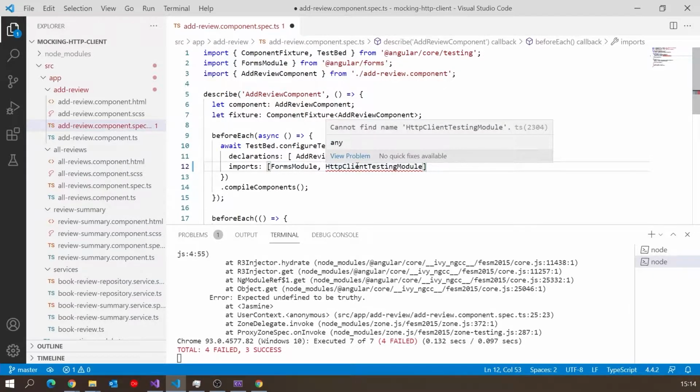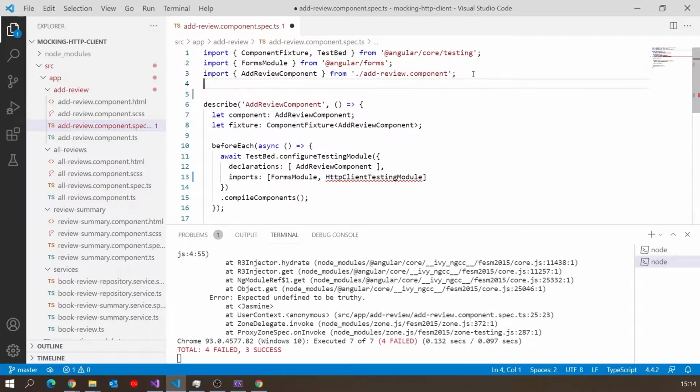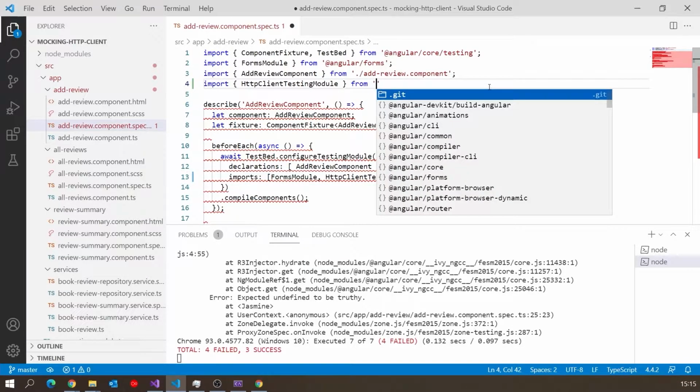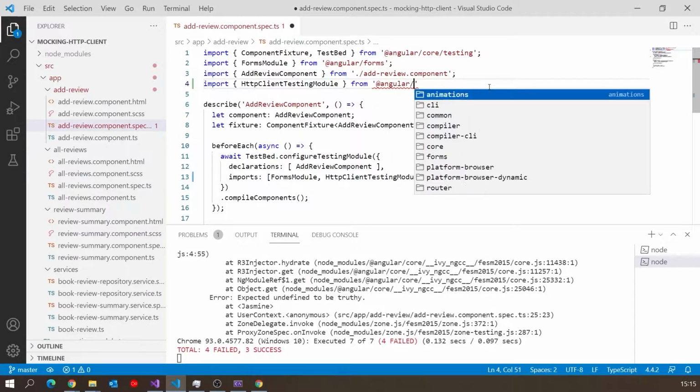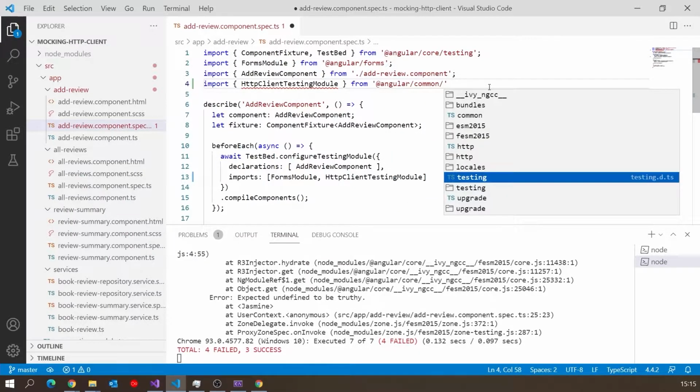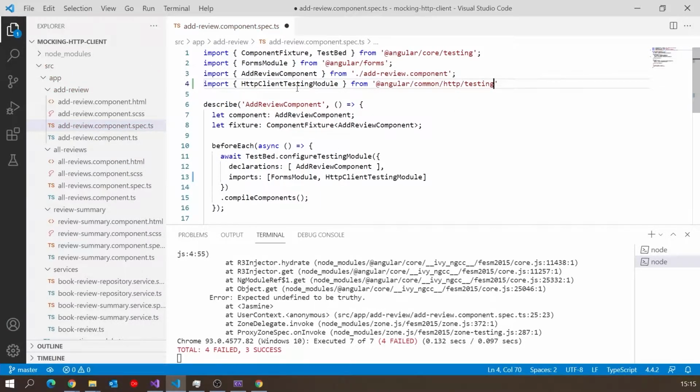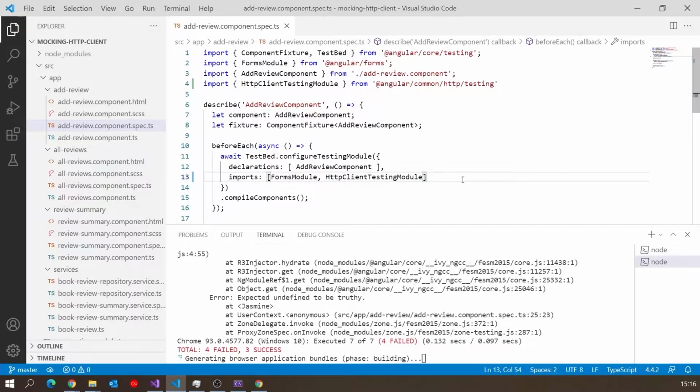Once again, like we saw with HTTP client itself, for some reason, Visual Studio Code is not good at importing this for you. So what we'll have to do is just say import, and then the name of the item, and then from, and then it's at angular/common/http/testing. And so now you can see that's all happy. And really, for that one test, that's all we've got to do. So you can see down the bottom, we've got 4 tests failing at the moment. If I just save that, it'll build and run the tests again, and that's gone down to 3.